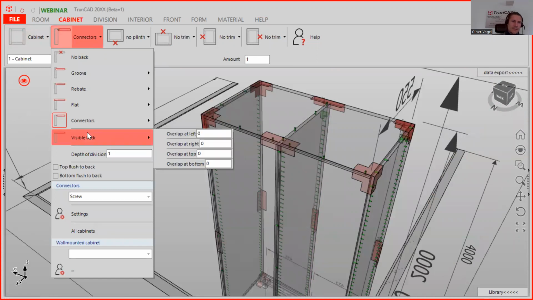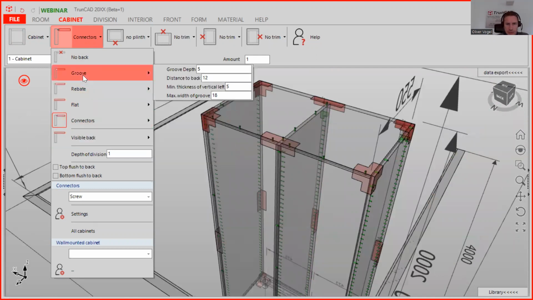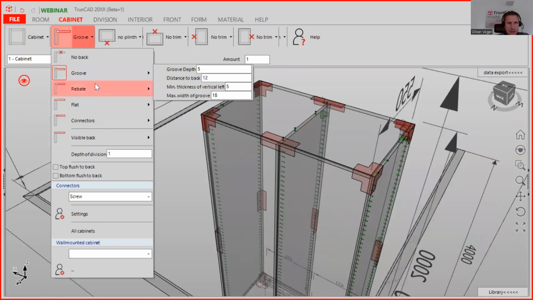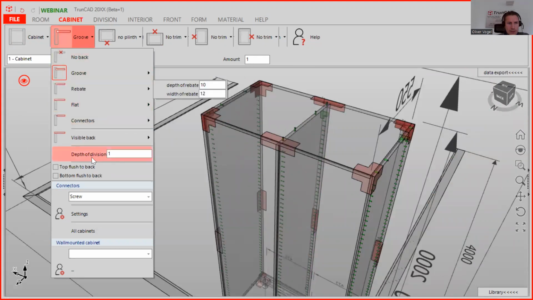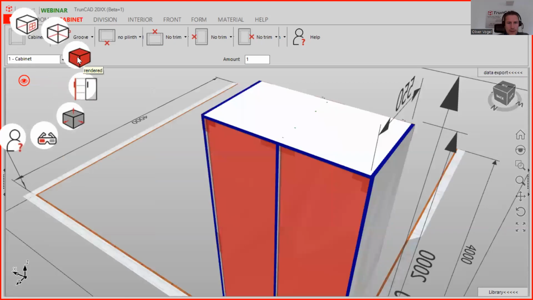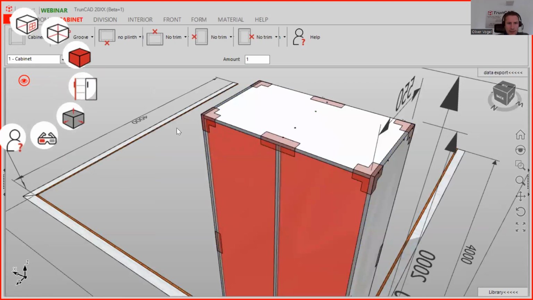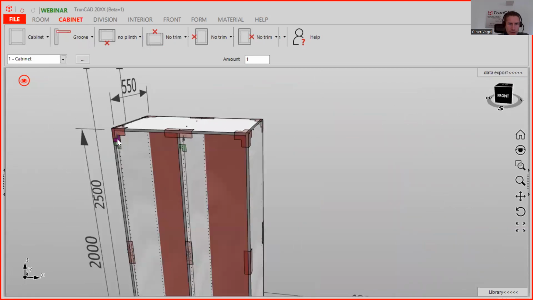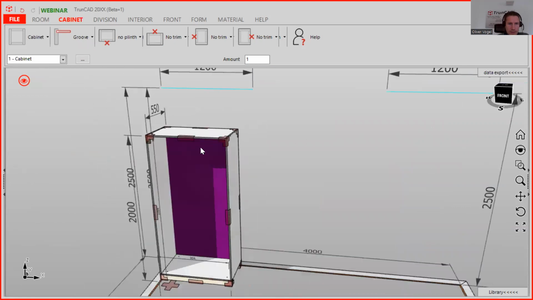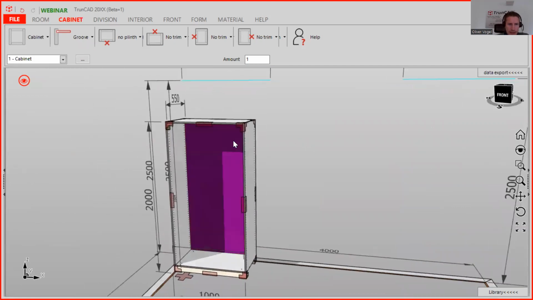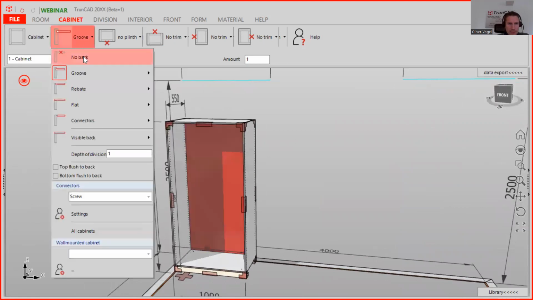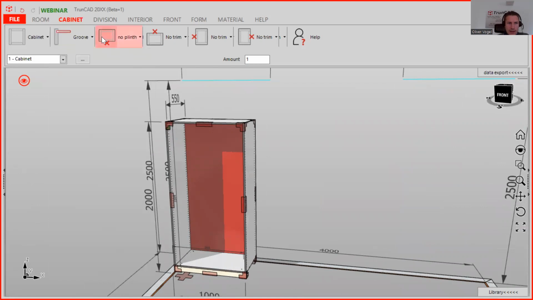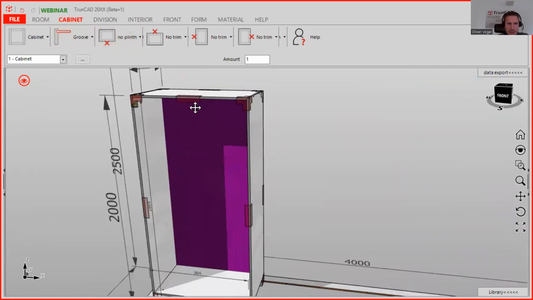The visible back is also an option. Therefore, I change here to groove. And we click here to also change the view, because before I show you that, I want to show you something different, and I will delete this. In the beginning, I showed you that here you can also set no back. And when you go here in this area for the cabinet,